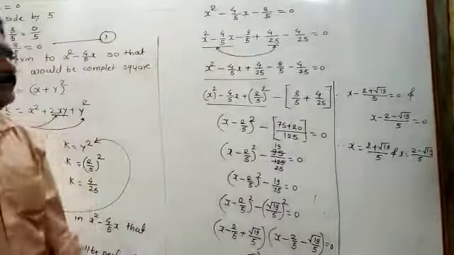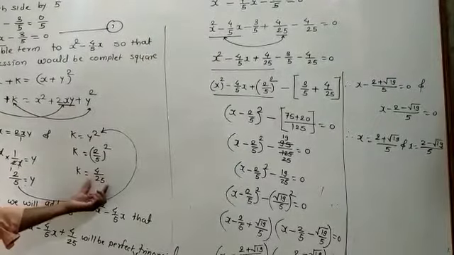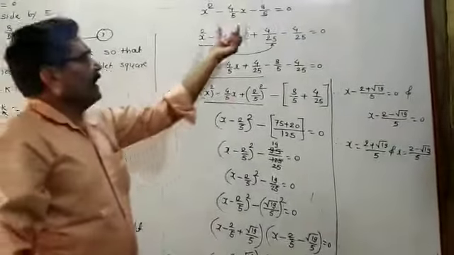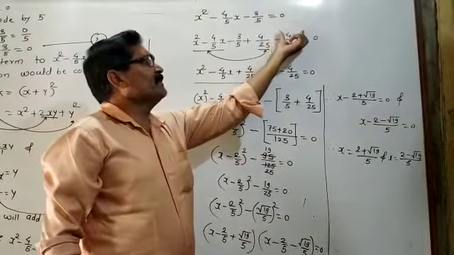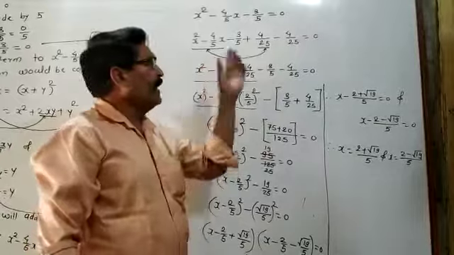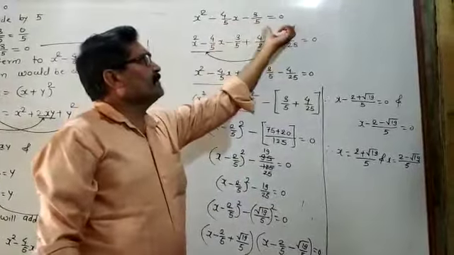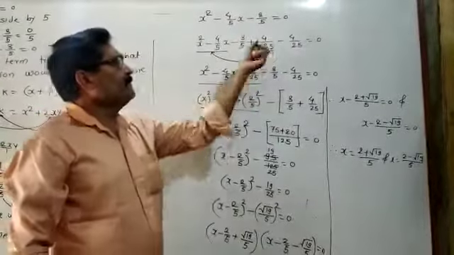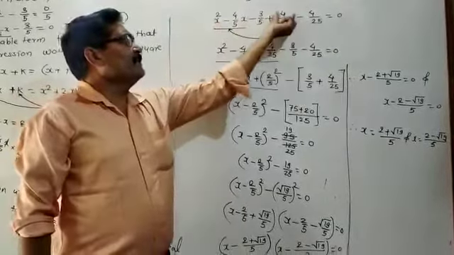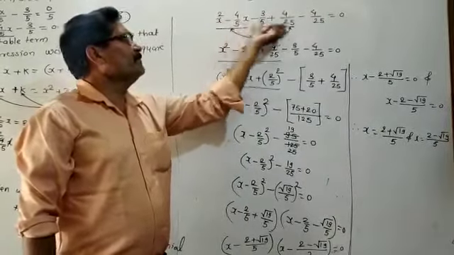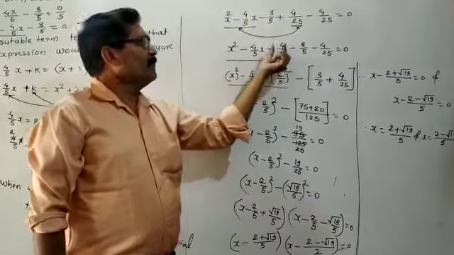Then we got this perfect square term as 4 upon 25. Then I will add this perfect square term 4 upon 25 and I will subtract 4 upon 25 on the left of the given equation, because this one is the perfect square, and rearrange the equation. This perfect square term you have to write together with the first two terms. This becomes x square minus 4 upon 5x plus 4 upon 25.